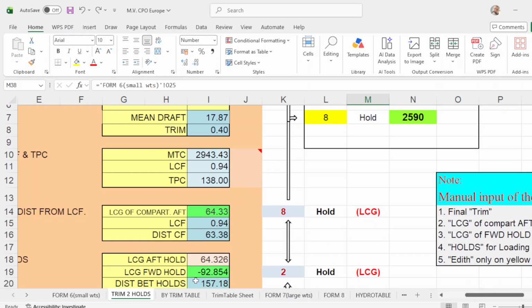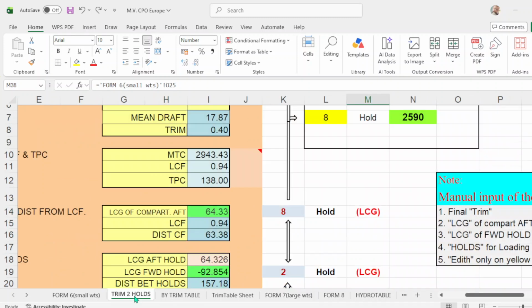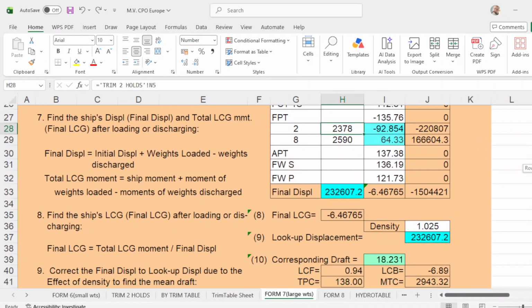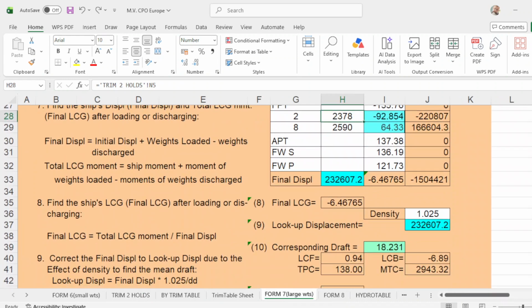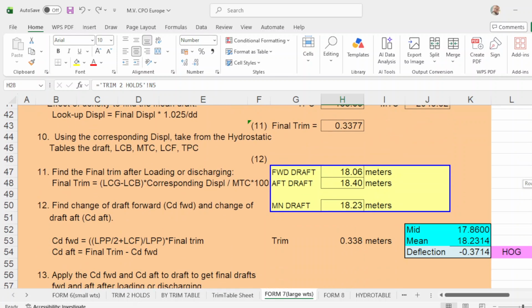Number 2, LCG is negative 92854. Negative 92854, and number 8 is 6433. Number 8 is 6433, and your final drop would be, this will be your mid drop 1823, and your final drop would be